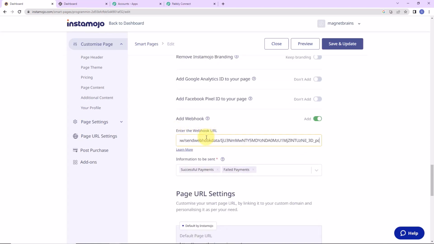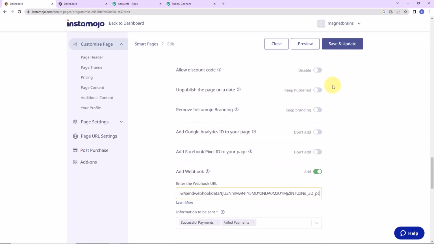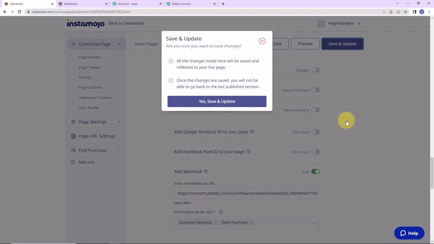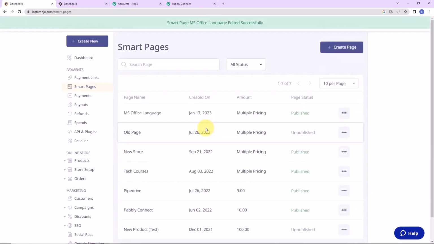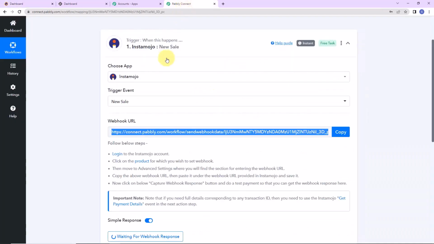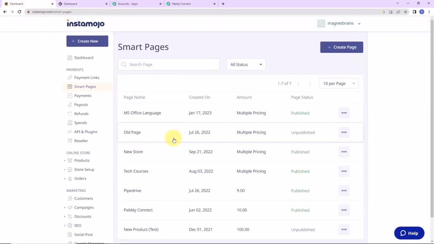So I'm going to paste the URL that we have just copied, and once this is done, then we are going to click on save and update. So I'm going to click on yes, save and update. And once this is done, then what is it asking me? That now click on below capture webhook response button and do a test payment so that we can get the webhook response here. So this is already on, and now I'm going to take you back to Instamojo,